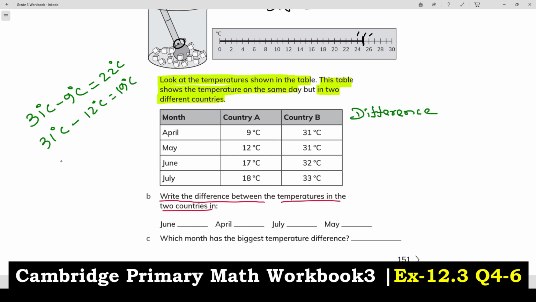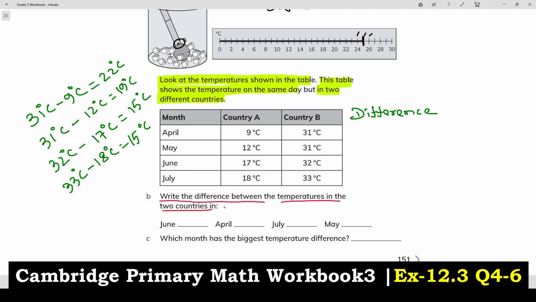Next June, 32 degrees Celsius minus 17 degrees Celsius, so it will be 15 degrees Celsius. And finally, 33 degrees Celsius minus 18 degrees Celsius. The result will be this one also, 15, right? 15 degrees Celsius. So we can write in here